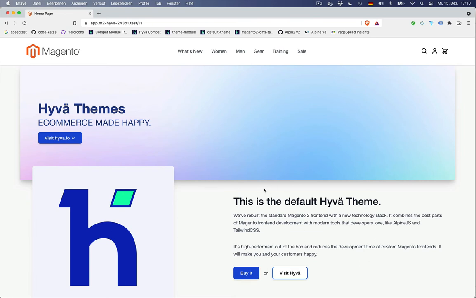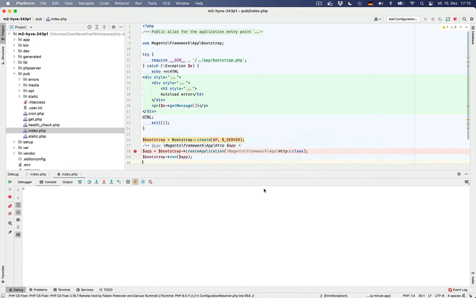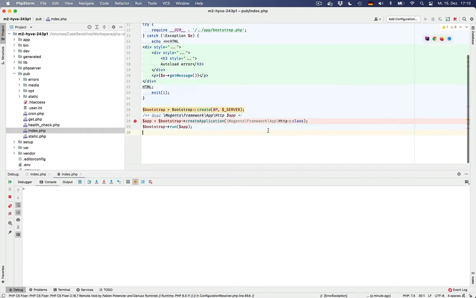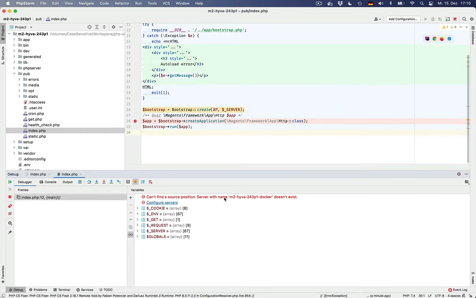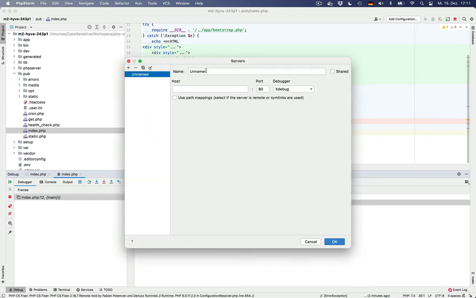All right, so let me reload. And I expect it to switch to PHPStorm momentarily. Oh, actually it already did. Okay. Can't find a source position. Server with name m2hoover in Docker doesn't exist. So configure servers, plus, host